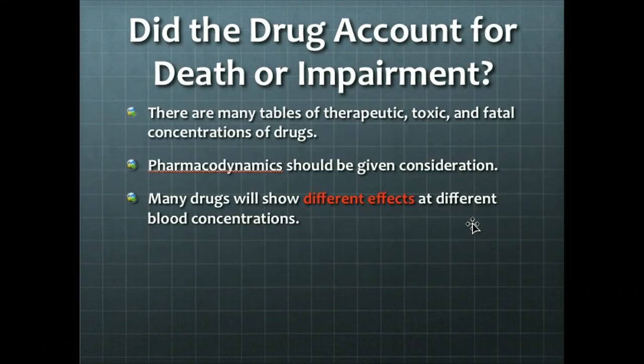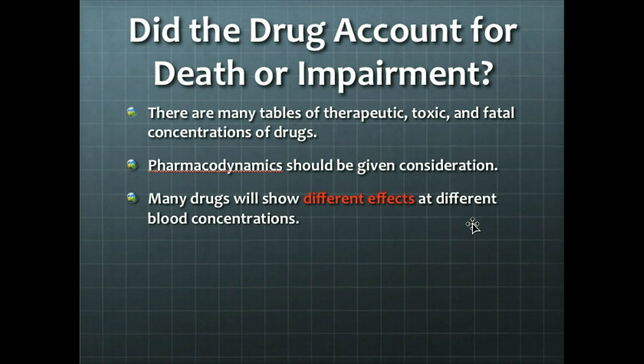Going on, did the drug account for death or impairment? There are many tables of therapeutic, toxic, and fatal concentrations. And if you notice, therapeutic, toxic, fatal are going from lower to higher concentrations. Therapeutic doses and ranges are established through very careful studies. Lethal or fatal concentrations are only gathered from published case reports that just give the highest concentration that was encountered. Another consideration in correlating a blood concentration for pharmacological effect is the time course of the drug's effect, or